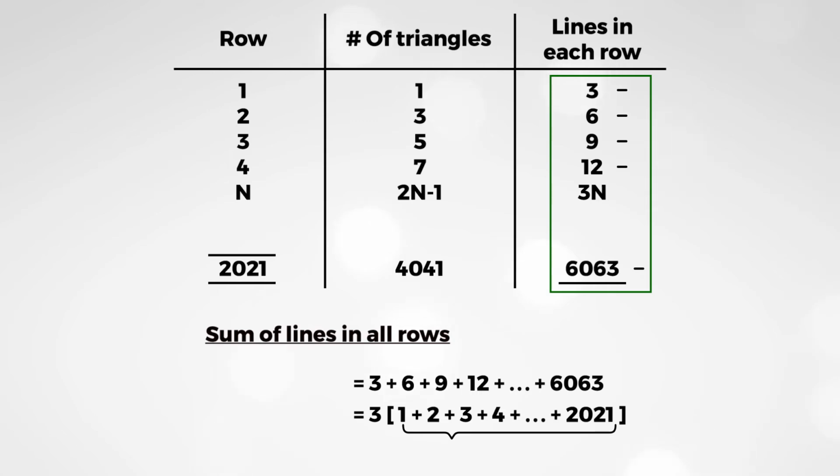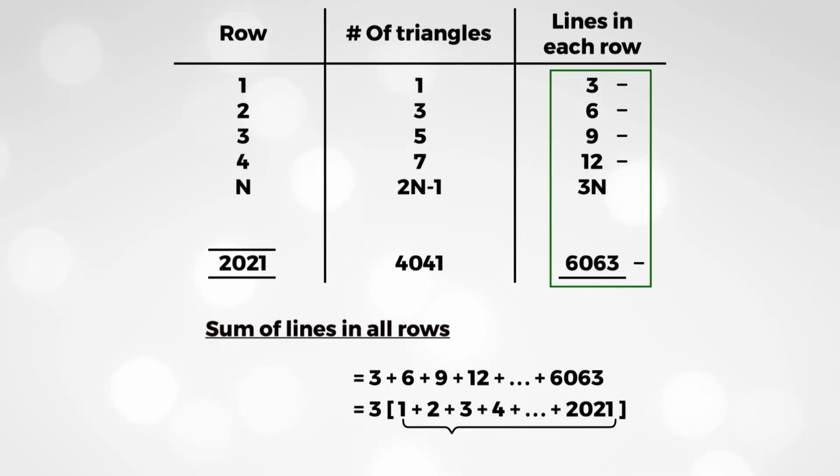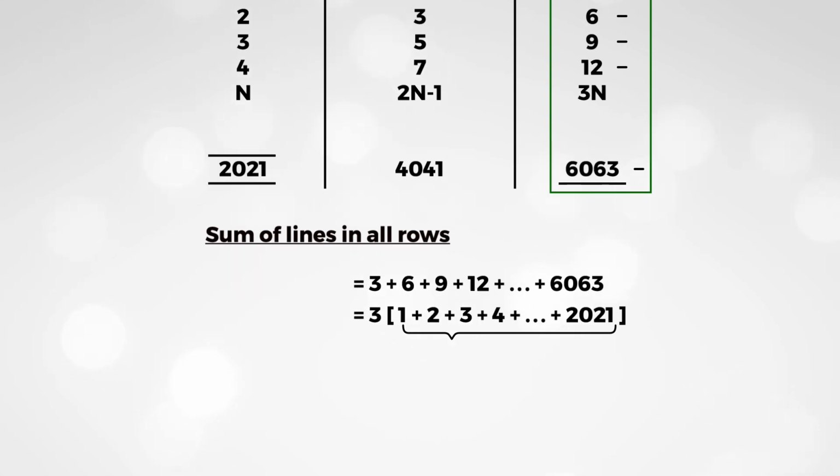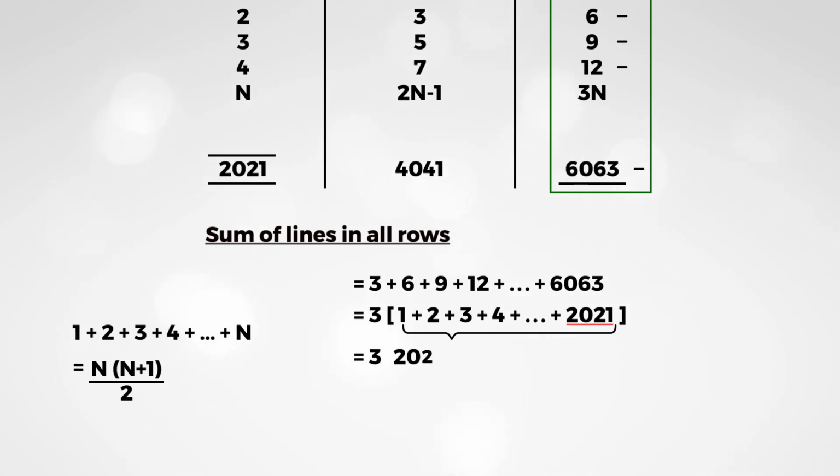And do you remember the formula to calculate the sum of consecutive numbers? If you have a set of consecutive numbers, 1 plus 2 plus 3 plus 4, all the way until, say, n, the sum is n times n plus 1 all over 2. So that's a very nice formula to help solve something like this easily. So since in our case our n is 2021, our formula becomes 2021 times 2022 divided by 2, and this is going to be 3 times 2021 times 1011,